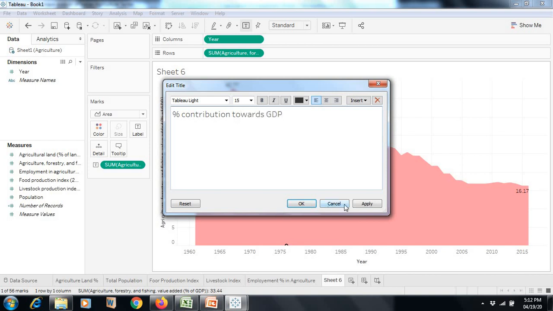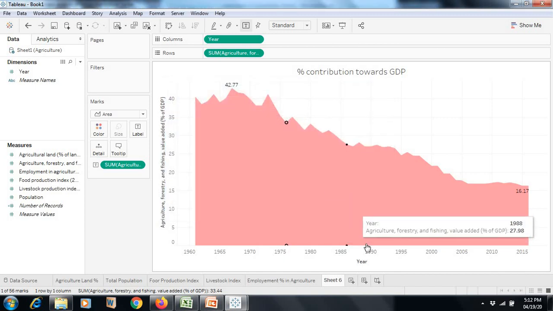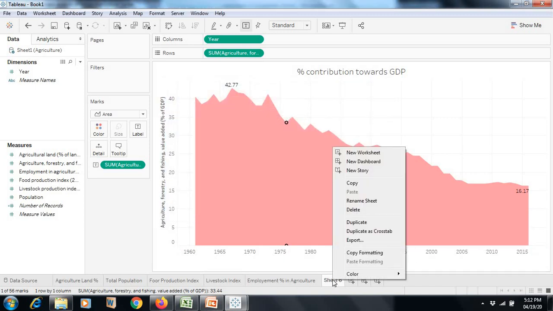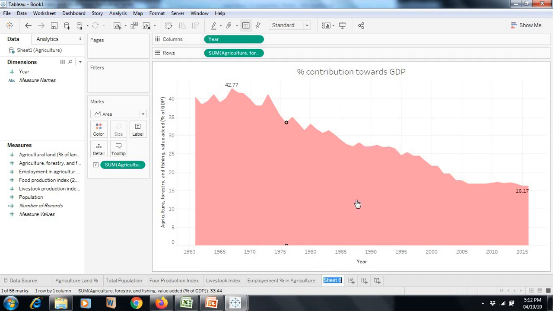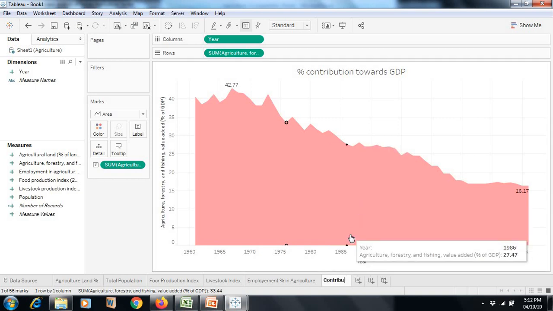So this is how the agriculture sector is contributing towards the GDP. Now again rename this sheet: Contribution towards GDP.